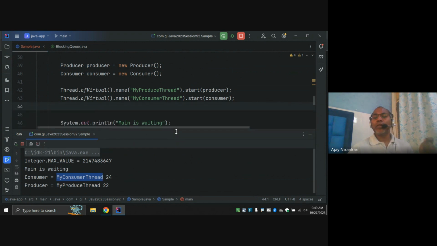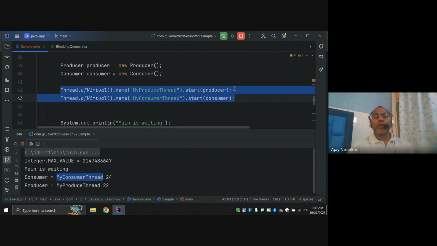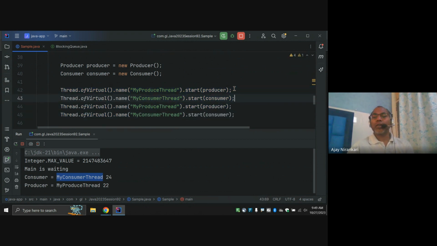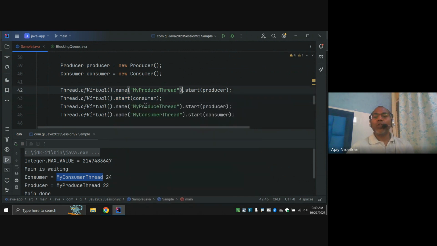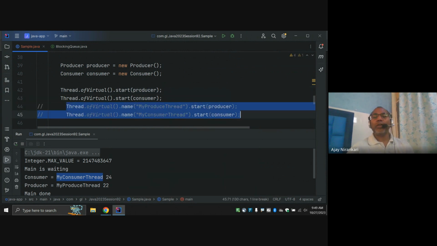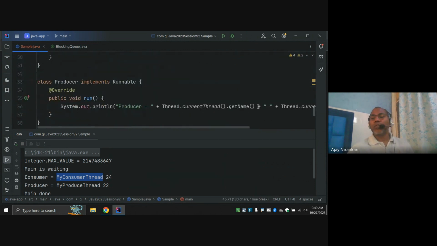set manually, right? So let's say I'm not setting the name here. I'm not setting the name, and I just commented it out. Okay, so if you start this way, notice